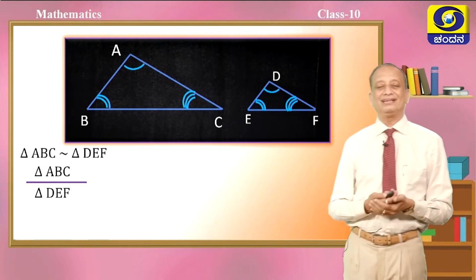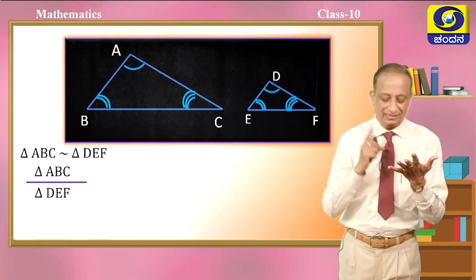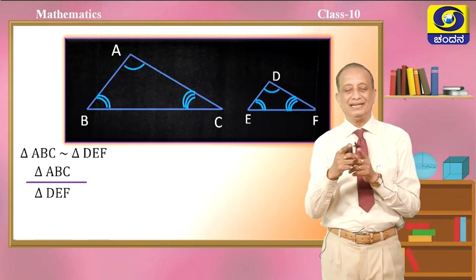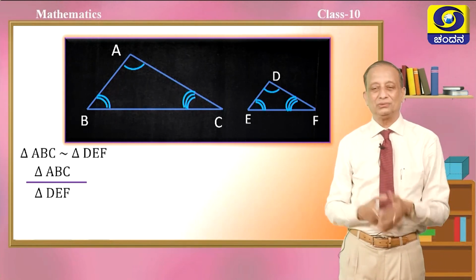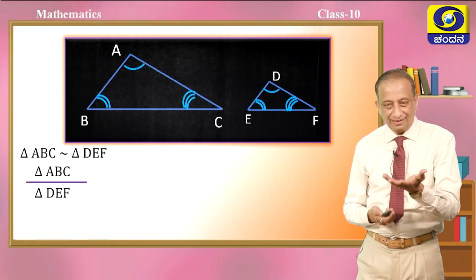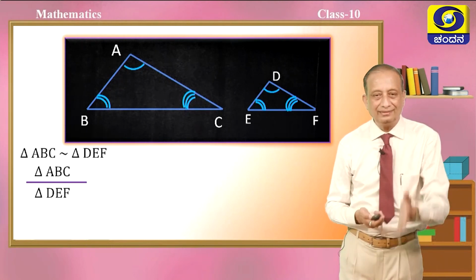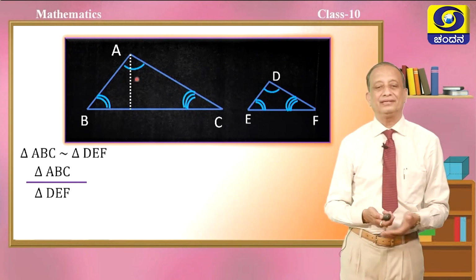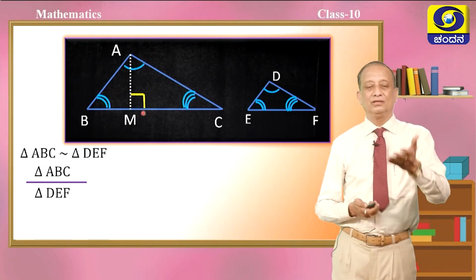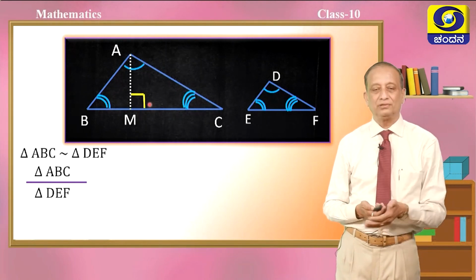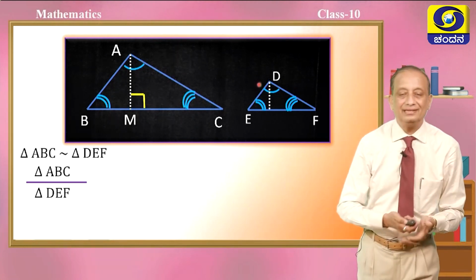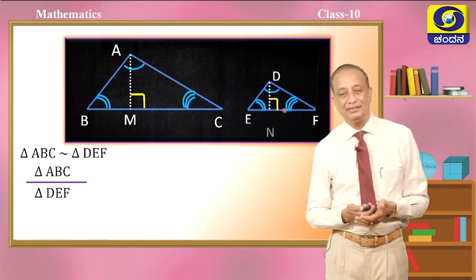If you want to calculate the area, you know the area of a triangle is half into base into height. So, we will make BC and EF the bases for these 2 triangles. When BC is made the base, do you know the height? Yes, height is nothing but the length of the perpendicular drawn from the vertex to its opposite side. So, let AM be perpendicular to BC, you know the symbol for 90 degrees, please put it at the vertex M. Similarly, let DN be perpendicular to EF, children.